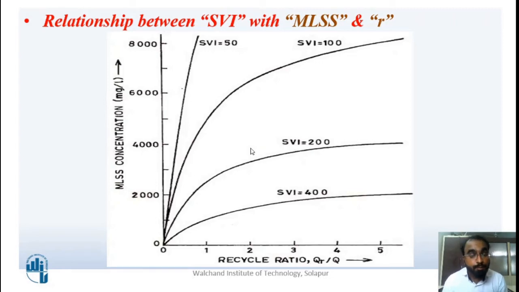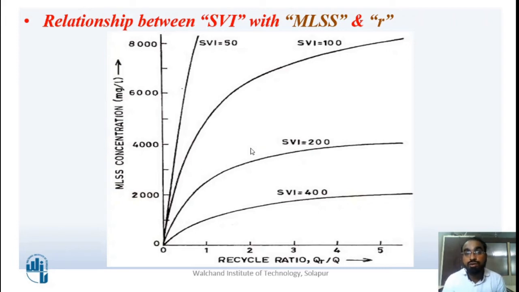Now there is another proportion to talk about. If the MLSS concentration is much lesser, automatically my SVI value will push up. Why is it so? Because of how we defined the SVI: it is 1000 Vs divided by XT. As I decrease the XT, the SVI value will automatically push up, and with respect to that value I have to maintain my sludge flow rate, and automatically I have to maintain my recycle ratio, that is R.